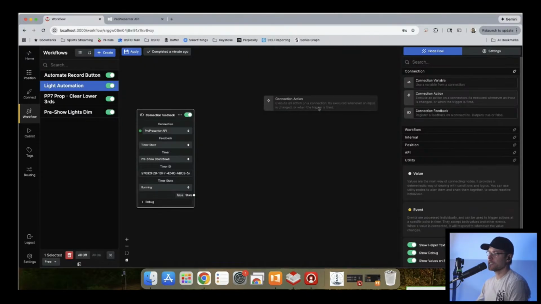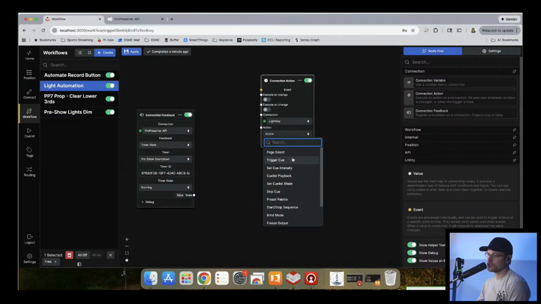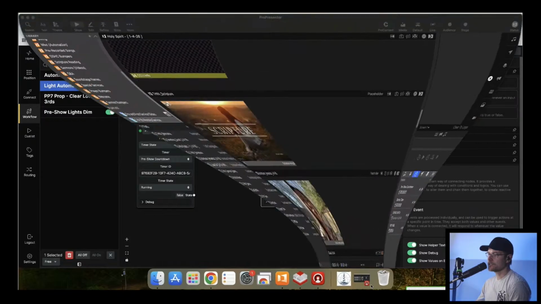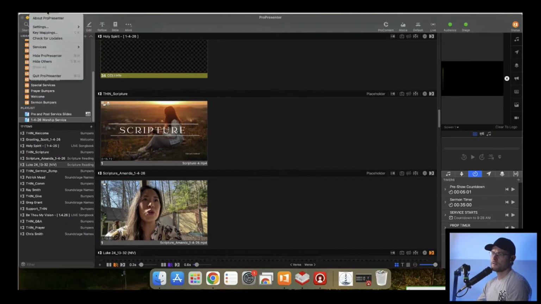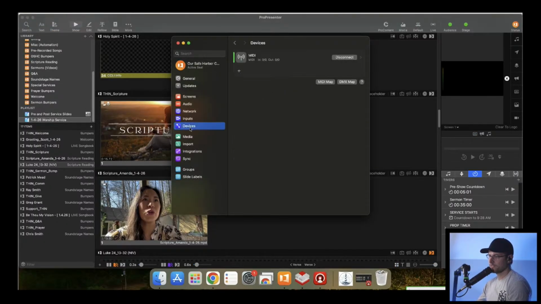And then we're going to add an action. So we're going to drag the action onto here, and we want Light Key to do an action. We want to trigger a cue. The mode is activate. Page is all pages. And then this cue is actually, how did I say I automated this? Through MIDI. Okay, so settings, devices, MIDI map.